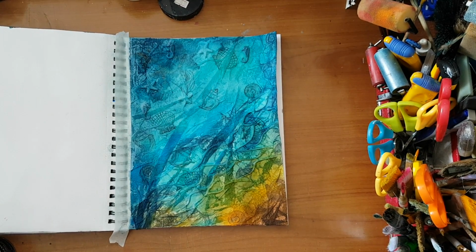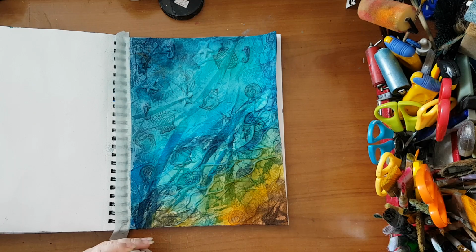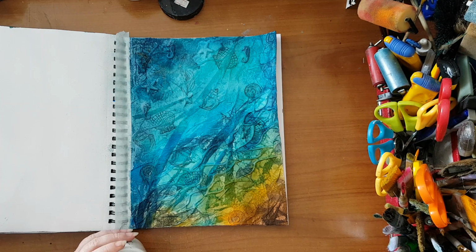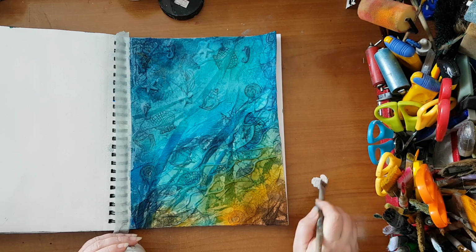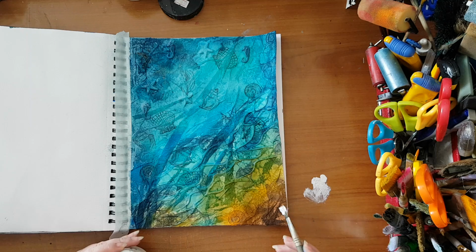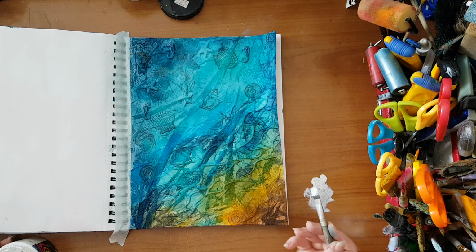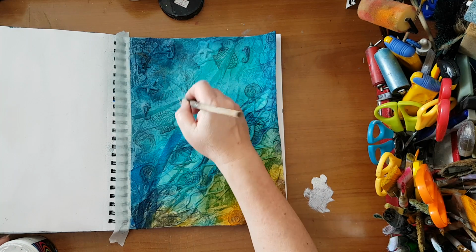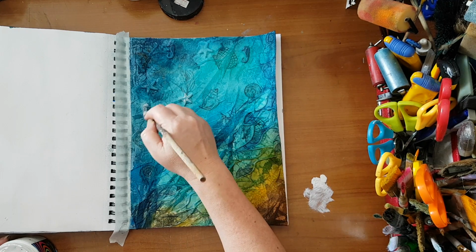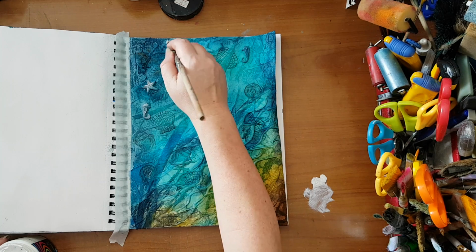I'm back. So now for the next stage that I hope will work, I've got here some white acrylic paint, and I'm going to do what is called dry brushing on all this texture. Now for this you need to have a heavy bodied acrylic, not a runny one, and it needs to be really slow and careful. You need to have very little paint on your brush. So I'm gonna start with the obvious, with what I've put here under the paper napkin, the starfish and the seahorses,